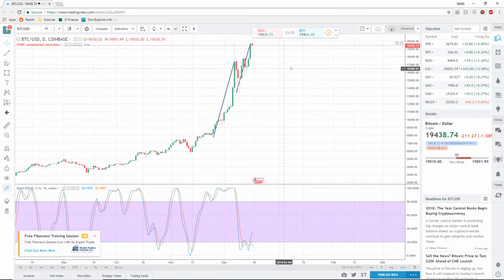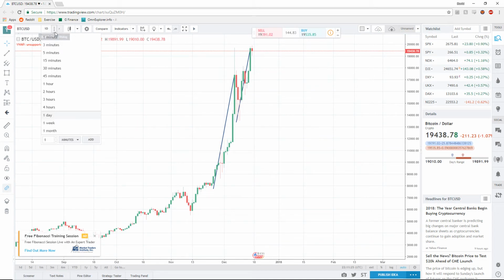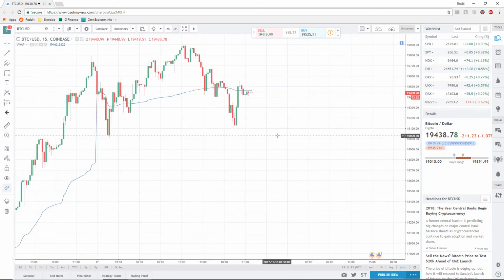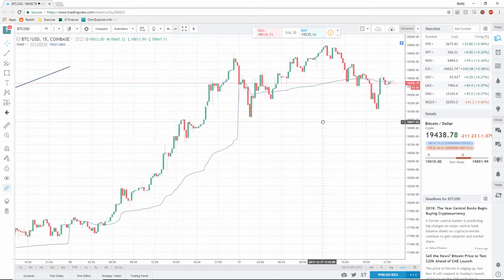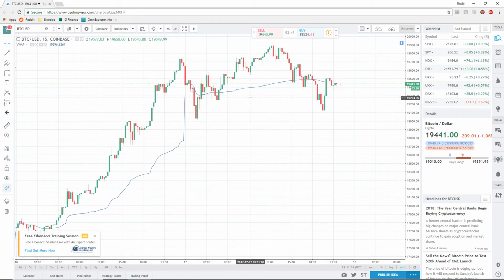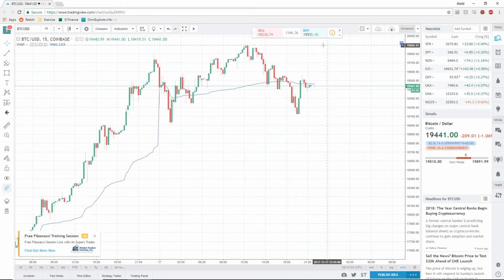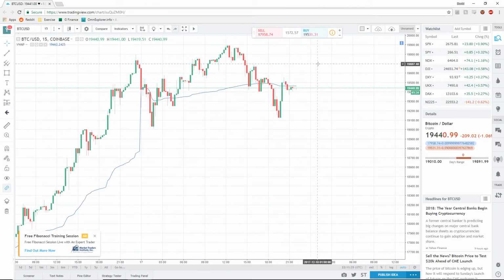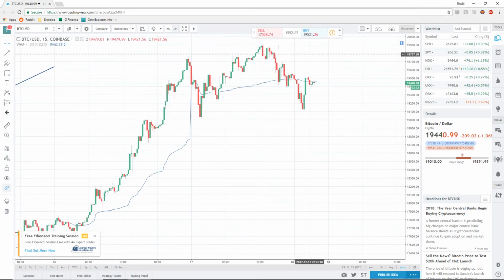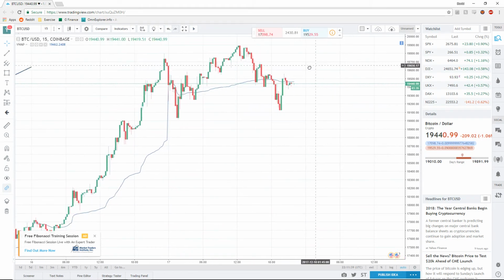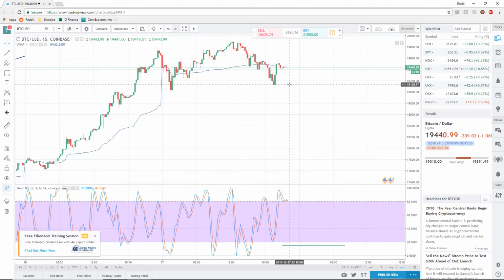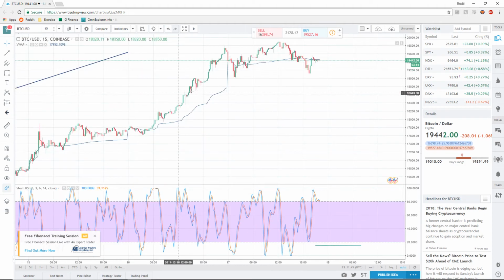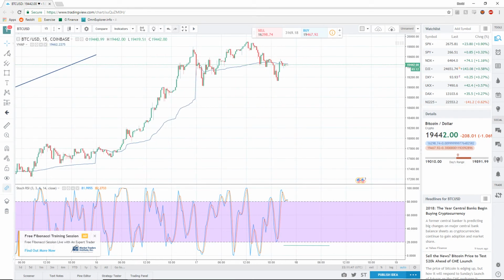So the best thing we can do is predict the overall direction, and it's probably going to go up. But in order to get a good trade, you still have to look at the smaller time frames, and you want to get good entries. The thing is, you always want to buy at the support lines, so at the bottom of the channels,